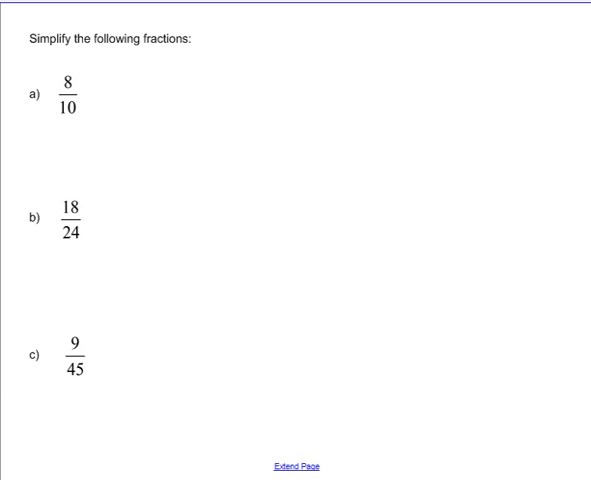Simplify the following fractions. So when we're asked to simplify fractions, what we're going to be looking for is the greatest common factor of the numerator and the denominator. Okay, so we're going to be looking for the largest number that's going to go evenly into both the numerator